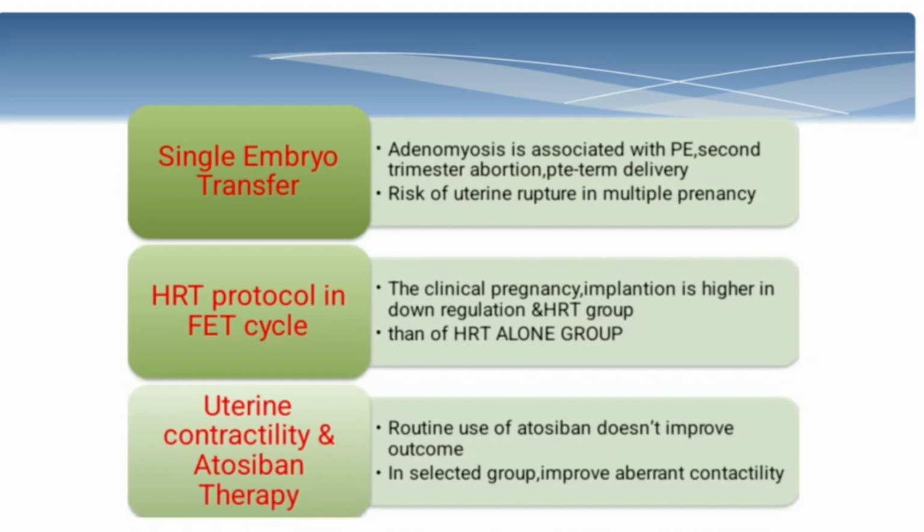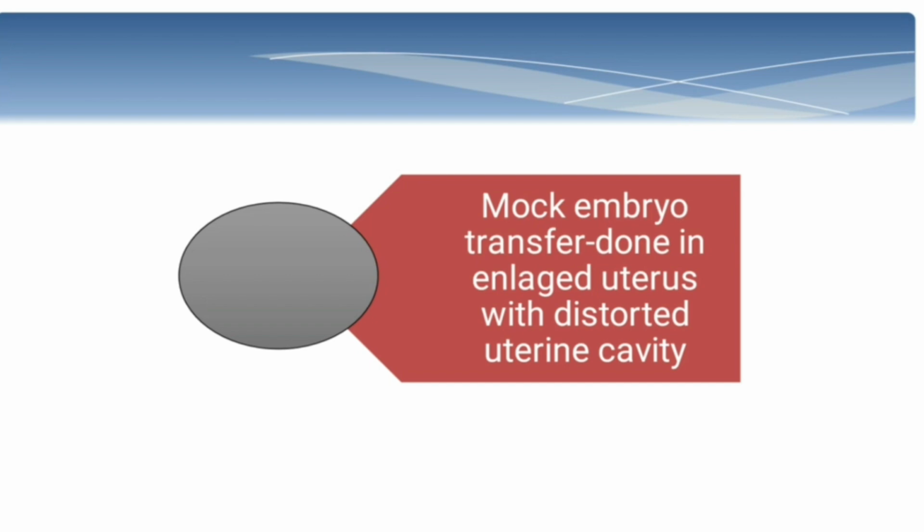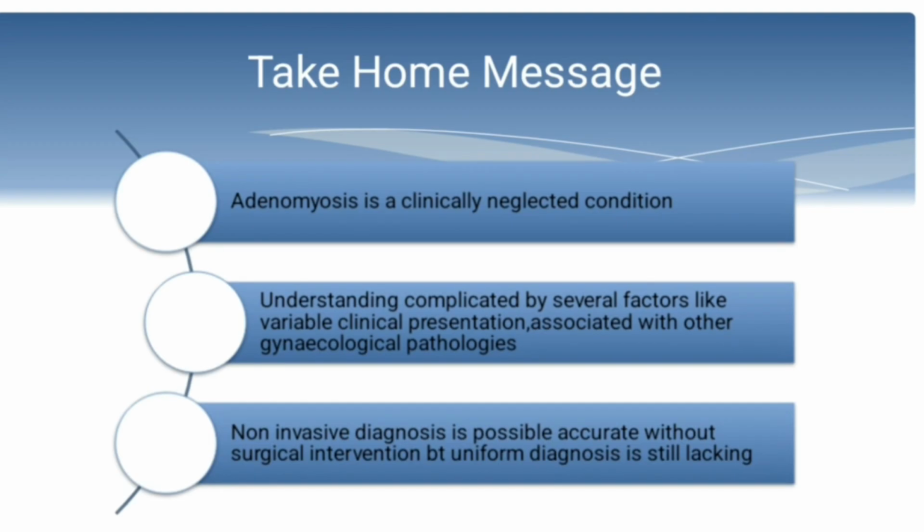Now, uterine contractility and atosiban therapy. Atosiban is not routinely used for everyone. It acts only on a selected group. It improves uterine contractility and helps in implantation. Now another is mock embryo transfer. When there is a large uterus with a distorted uterine cavity, then we do mock embryo transfer. Okay, this is all about adenomyosis and its effect on